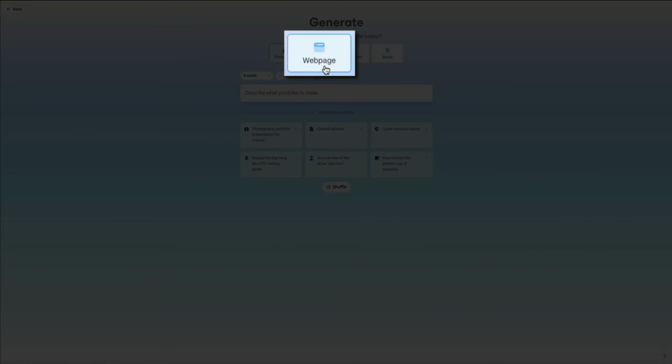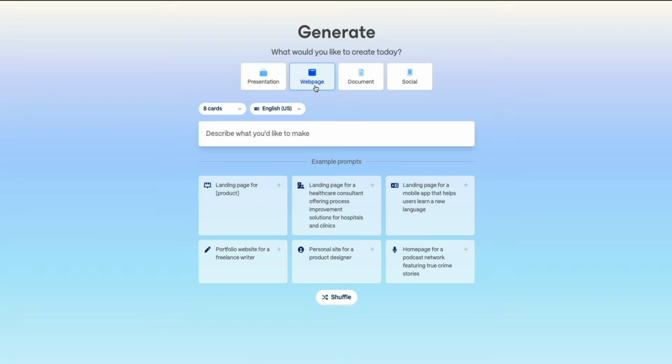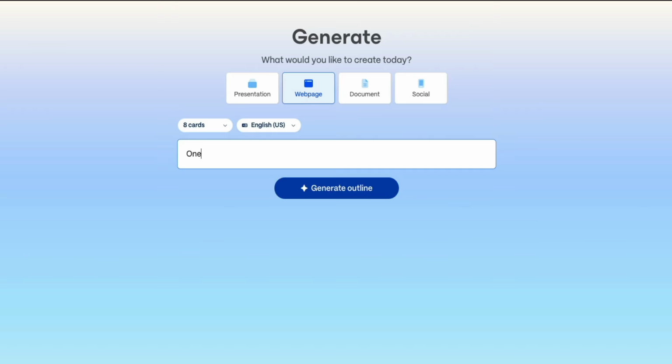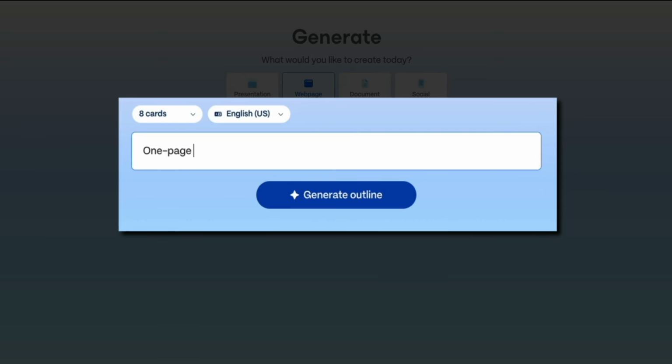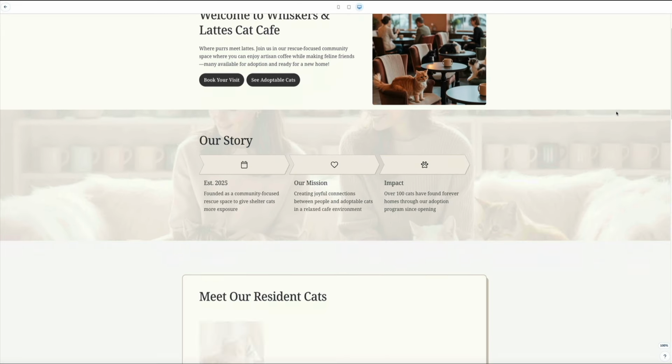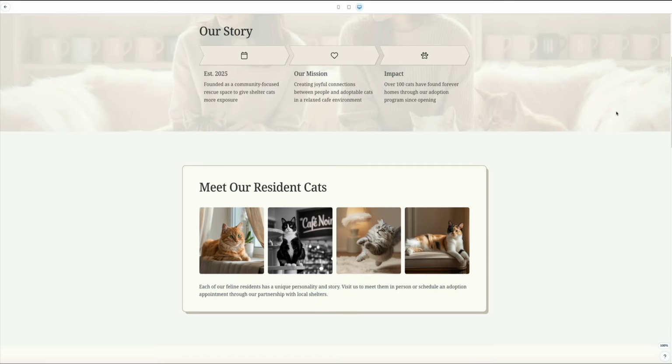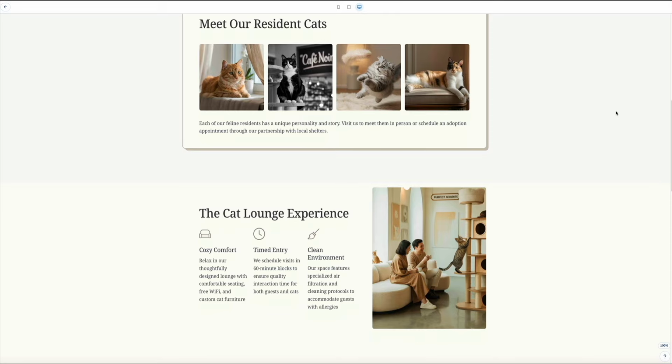What if you could build a clean, modern, one-page website in just minutes without touching a single line of code? While Gamma is best known for its AI-powered presentation tools, it can do so much more. And in this video, you're going to see how Gamma's website builder lets you create a fully customized one-page site using nothing but a prompt. We'll walk through everything from generating the layout, previewing it on desktop and mobile, customizing the design, and publishing it